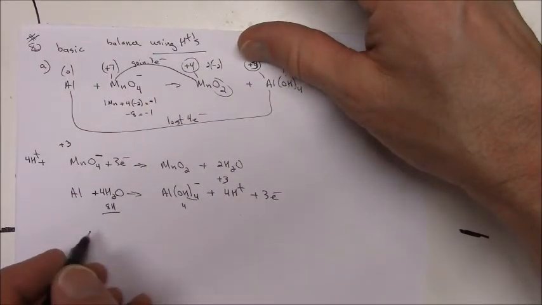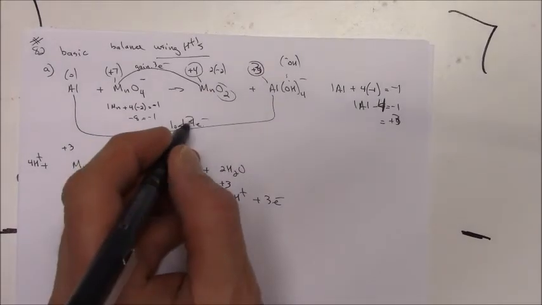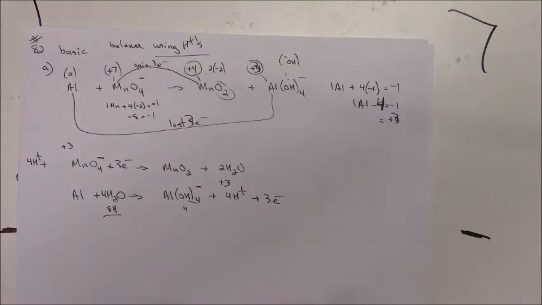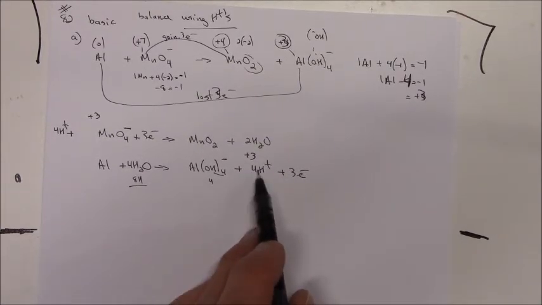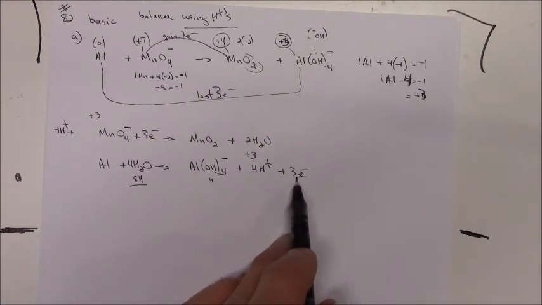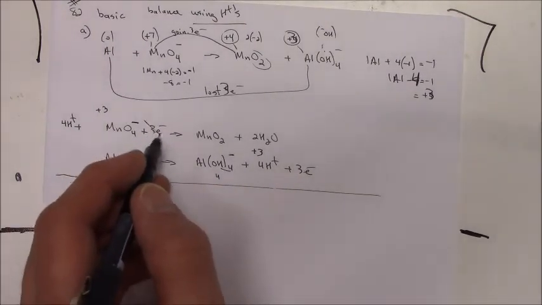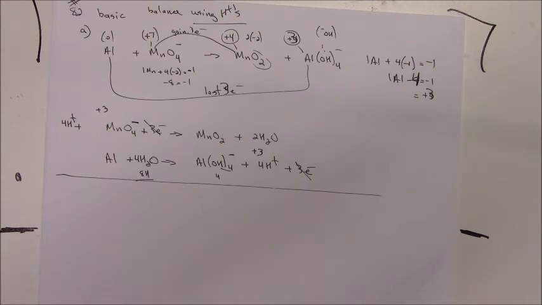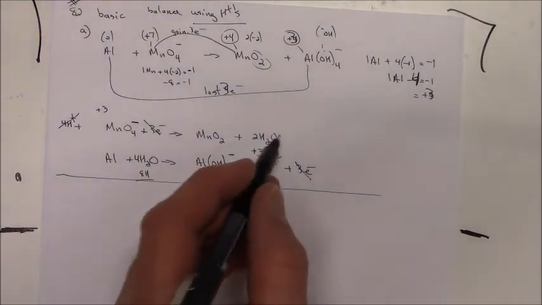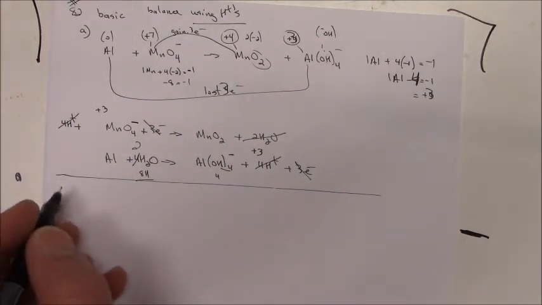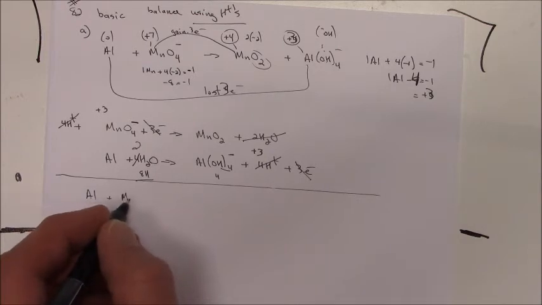So this, it has done 3. So you can see how this was taking care of it for me. Yeah, so you already have the number of electrons already balanced. 4 H pluses, that's dead. 2 H2Os kills off 2 of these. So balancing in acidic conditions, you would have